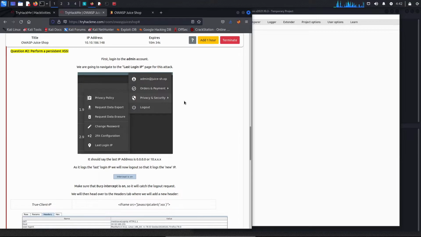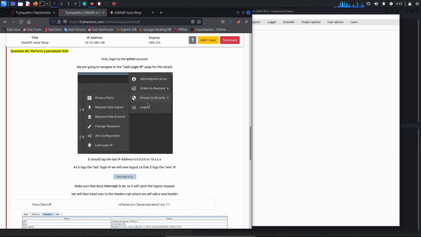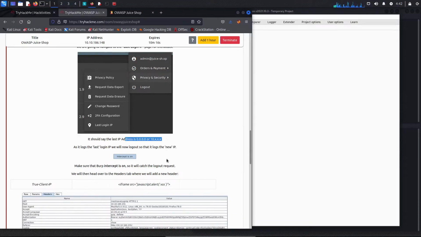Now, to perform a persistent cross-site scripting, we should go to this page, privacy and security, last login, and that should show us the current IP assigned by the VPN.